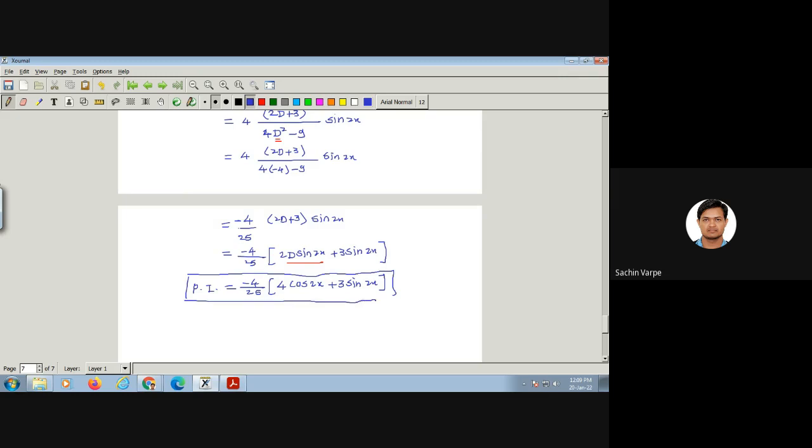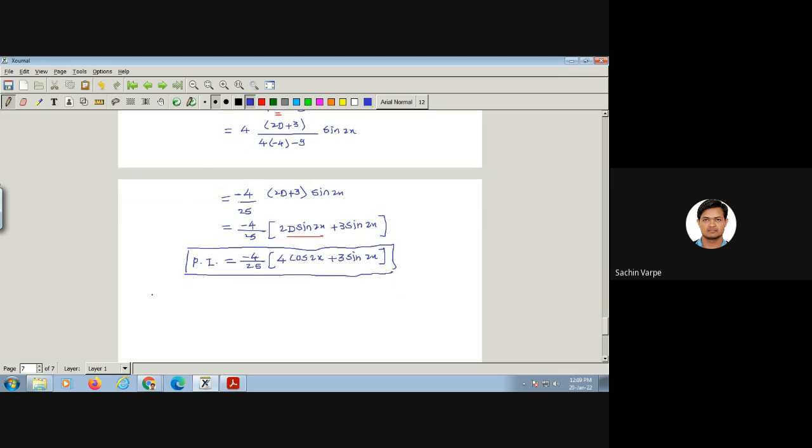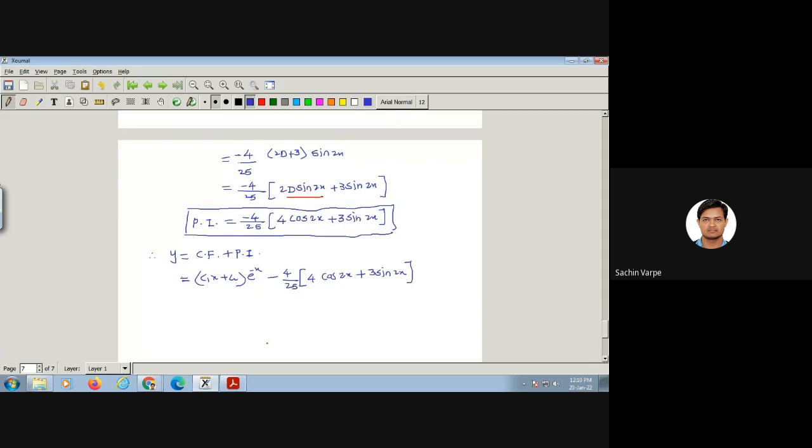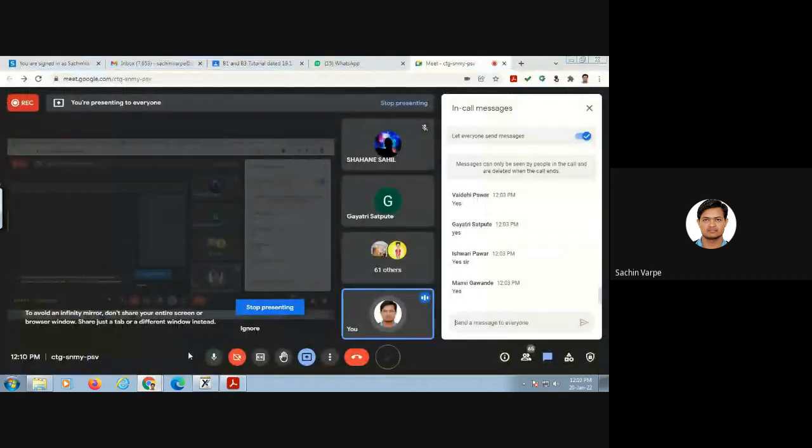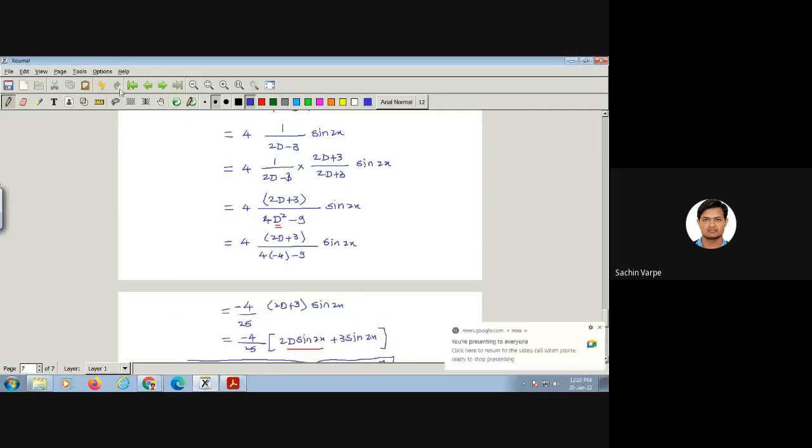Is this clear? सबको clear है? Therefore we write the complete solution. Therefore y equal to CF plus PI, that is (c1x plus c2) e raised to minus x plus PI, that is -4 by 25 (4 cos 2x plus 3 sin 2x). ठीक है, is this clear? सबको क्लियर है? Everyone please drop your reply in chat box. You can ask your doubts if any. देख लो एक बार कंप्लीट सॉल्यूशन।